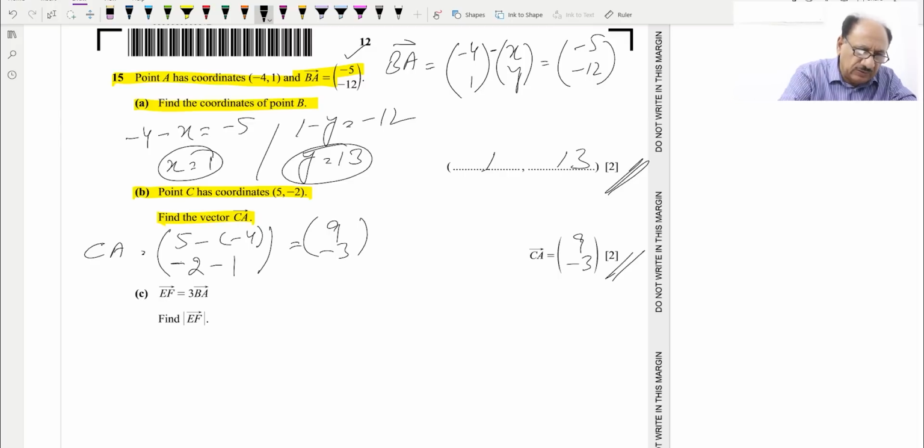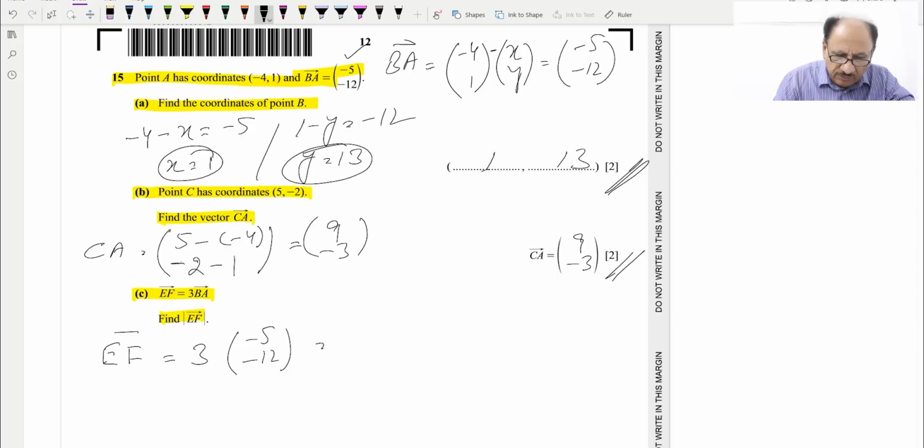Then next, part C is this: EF is equal to 3BA. Find this modulus. So we can write EF is equal to 3BA. BA we already found, which is already given, which is -5 and -12, and we can multiply this, so it will be -15 and -36, and then we need to find the EF modulus, which is basically